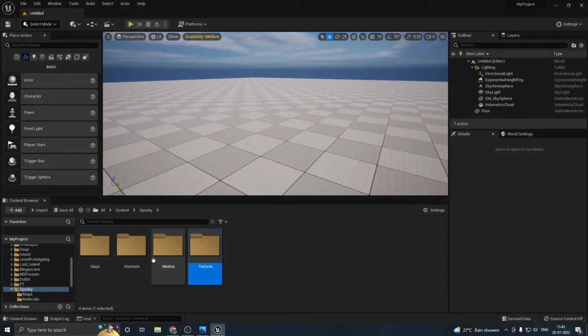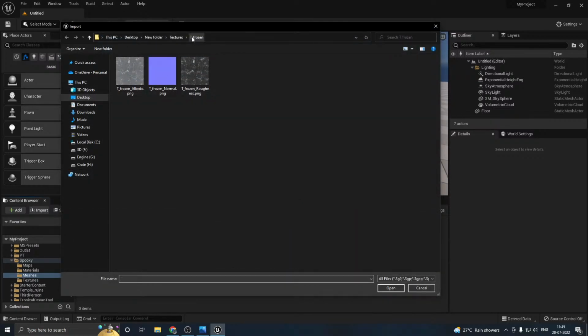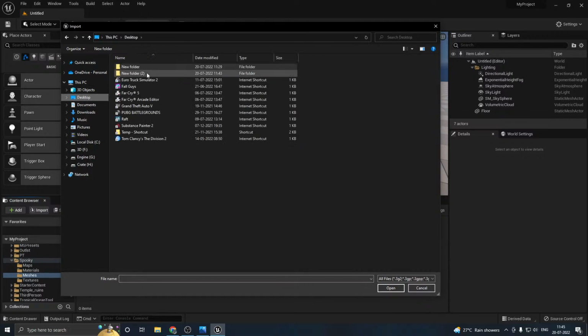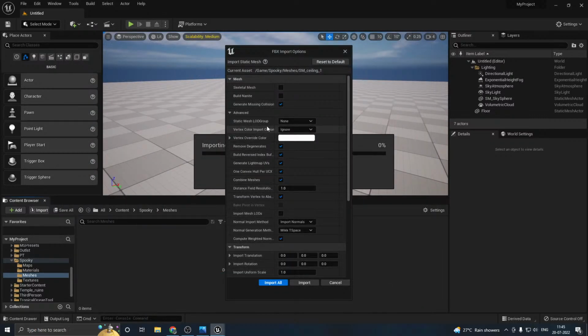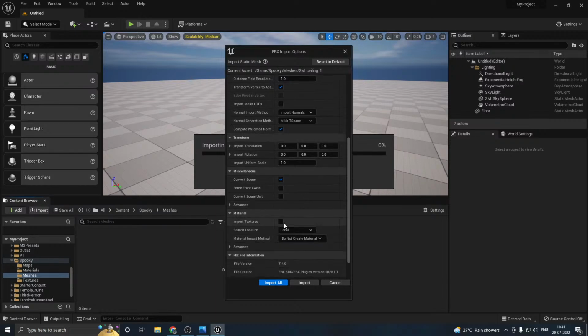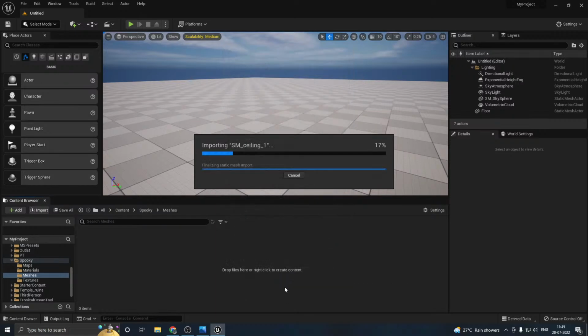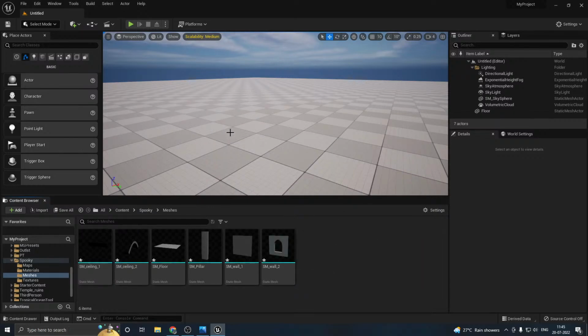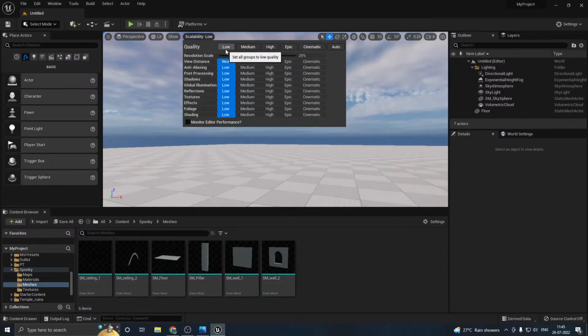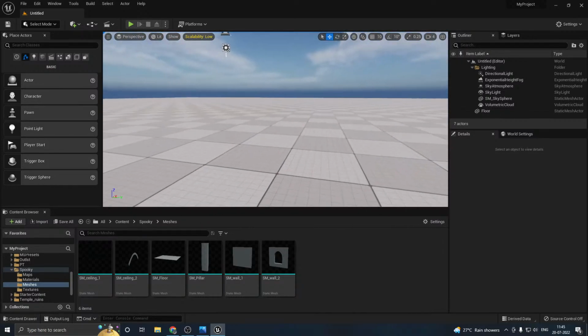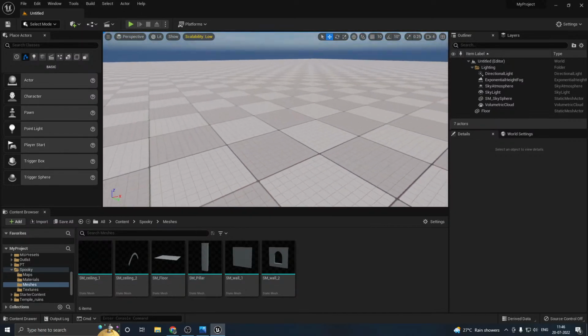Okay, and we will import all the meshes. Okay, three total six, right? Leave everything default. You don't need to change anything. Just import all and save it. And change it to low. Then we will